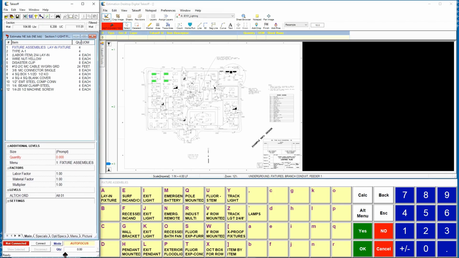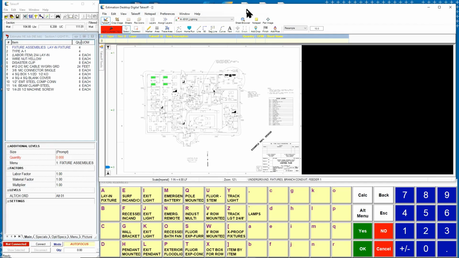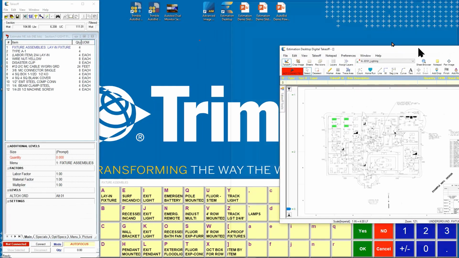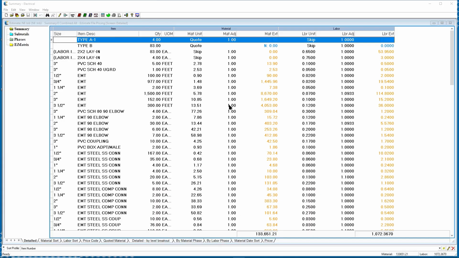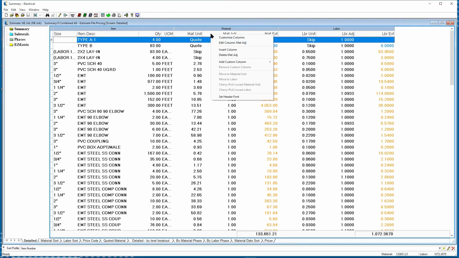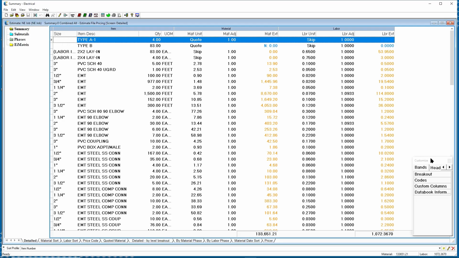Also, if you're working with dual screens, you can simply grab the blueprint, drag it off to another screen when it's minimized, and set it up to work for you the way you want. You will see these capabilities again are going to be repeated when we get into the summary and the bid summary as well. Within the summary reporting, once again, if you right-click on the header, you're going to be able to customize the columns that are reflected